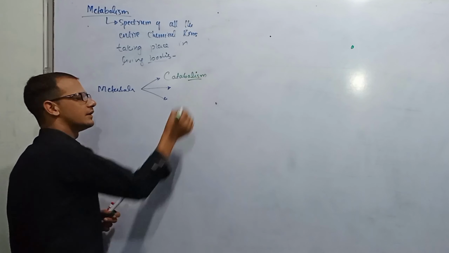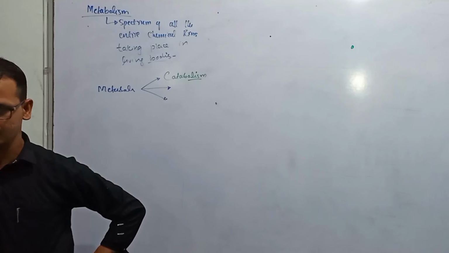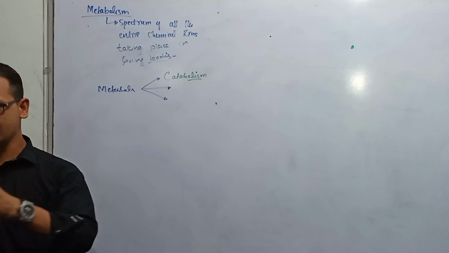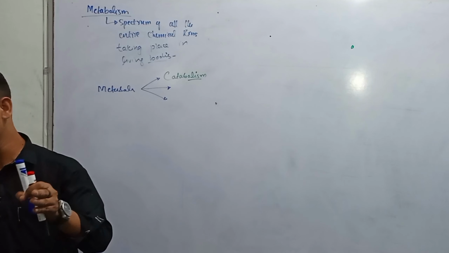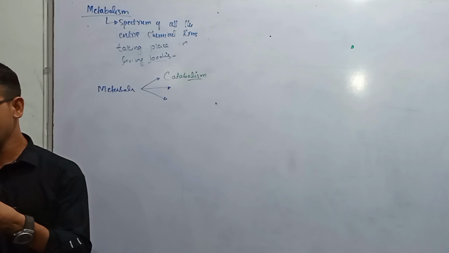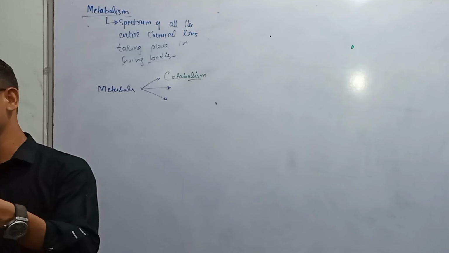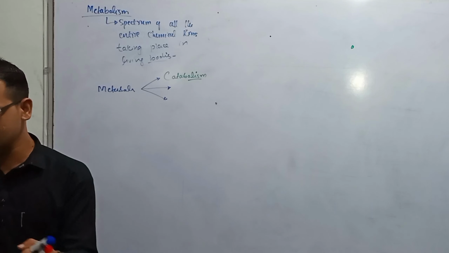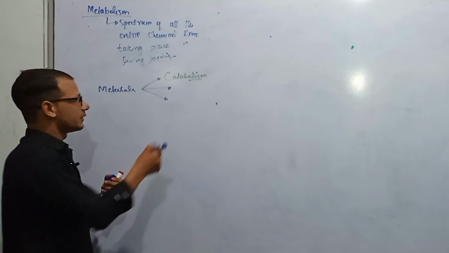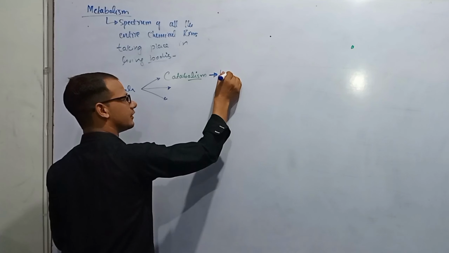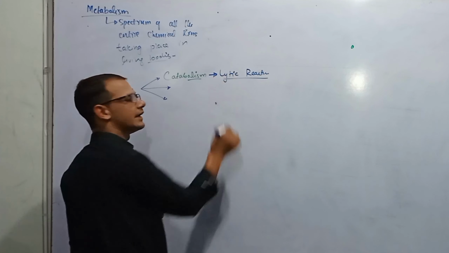catabolism. These are the degenerative or degradative reactions, or breakdown reactions, lytic reactions, in which the complex molecules are broken down and the energy stored in those complex molecules is released in the form of adenosine triphosphate. And this adenosine triphosphate energy is used by human beings and other living organisms for their daily life activities, right? So catabolism is the breakdown reaction, or these are the lytic reactions, or also it is called the degradative reactions